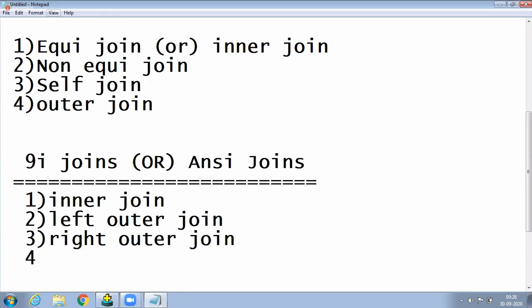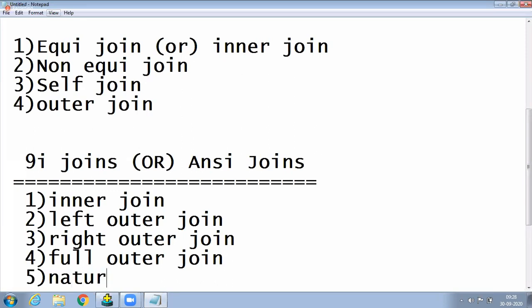Again, next one, full outer join. These are keywords actually. Next one is natural join. That's why we are learning these many joins, but practically very easy only.